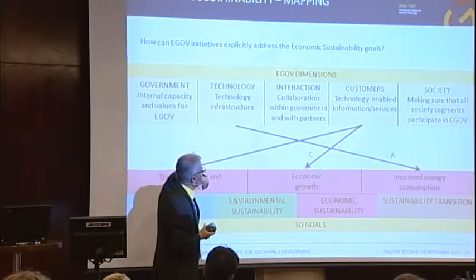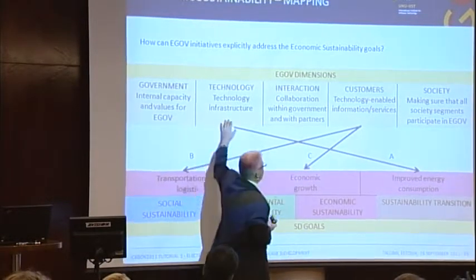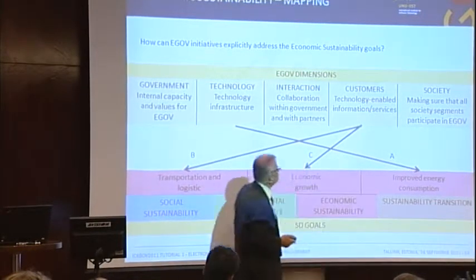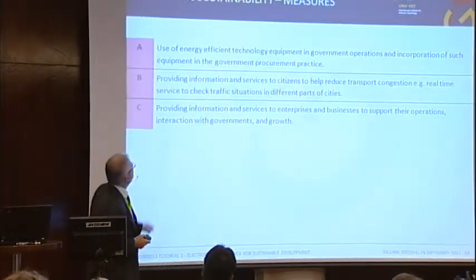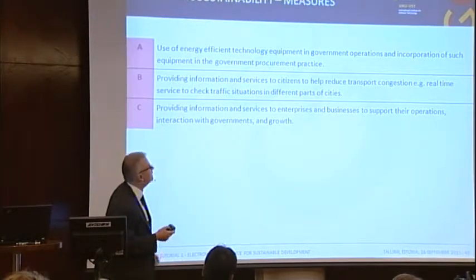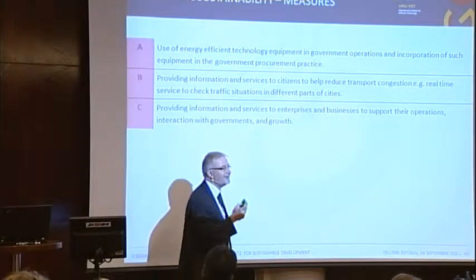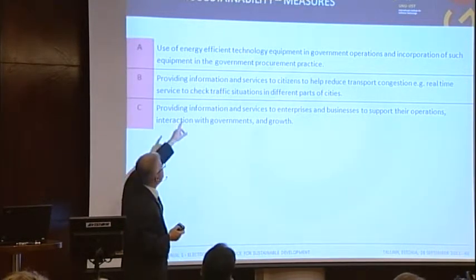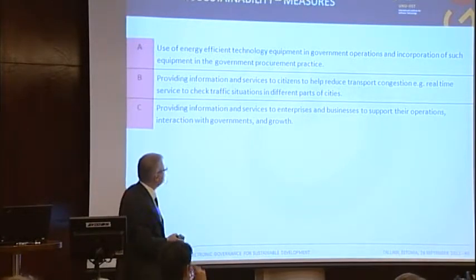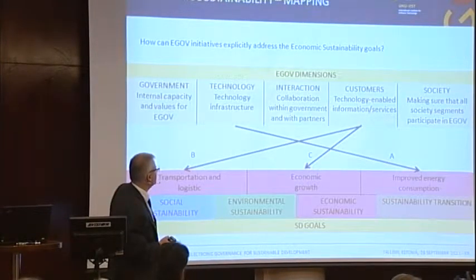For instance, in what sense technology infrastructure can help the improvements in energy consumption by the use of energy efficient technology equipment in government operations and incorporation of such equipment in the government procurement practice. Okay, that's two examples. Another one,